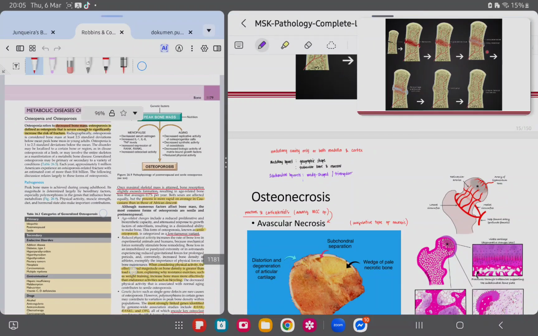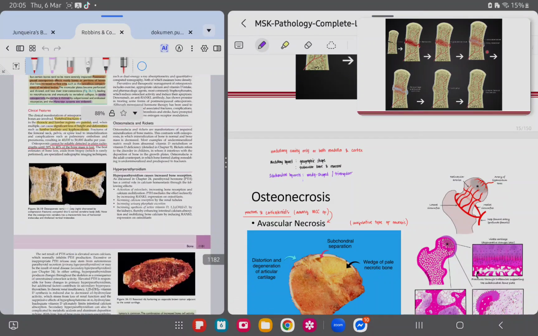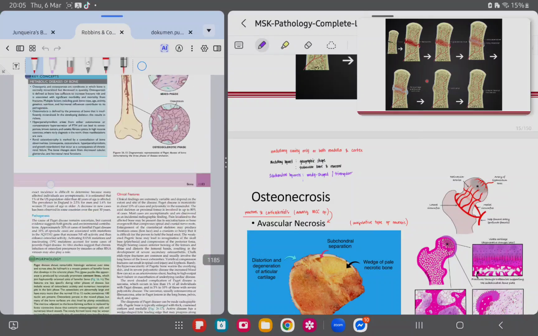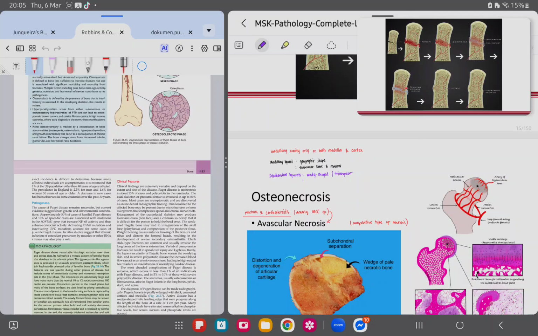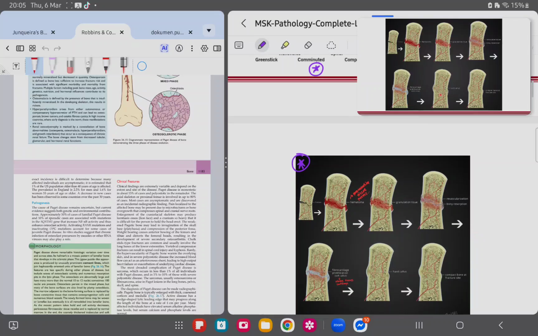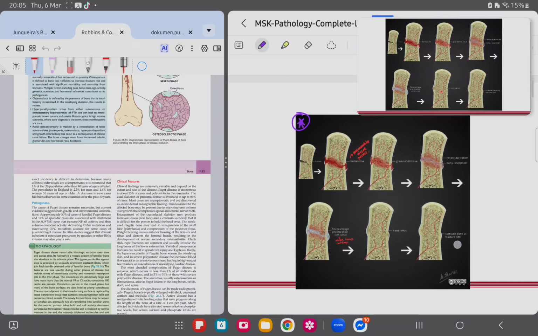Afterwards, this is followed by the deposition of your fibrocartilage, or what we call a soft callus, with the eventual hardening or mineralization of this callus, resulting in a hard callus, and finally the formation of the compact bone at the original fracture site.